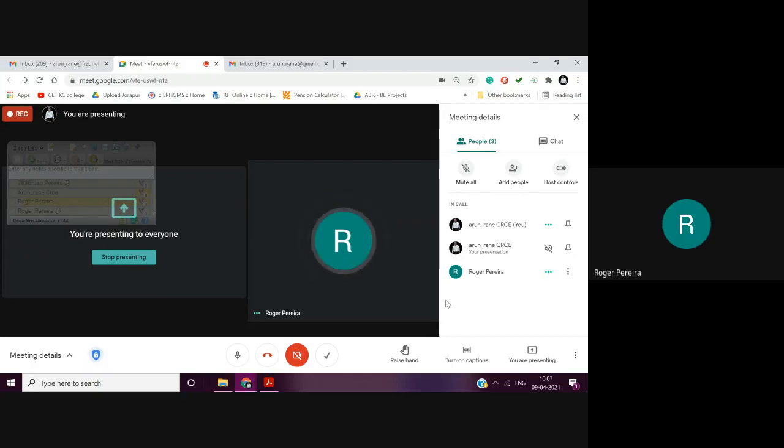Sir, will we have to write it and send a PDF, or how will it be? You'll have to write question number 2 and question number 3. For the MCQ, you'll just have to mark it, because that will be sent on the Google form and there will be auto correction. It will be a proctored exam, meaning you will have to keep your camera on, so you cannot refer to your books or notes.